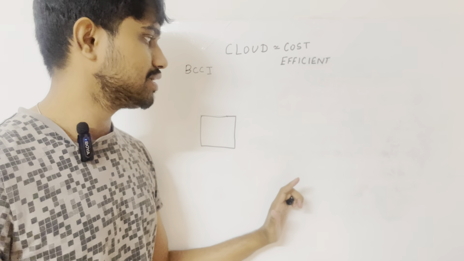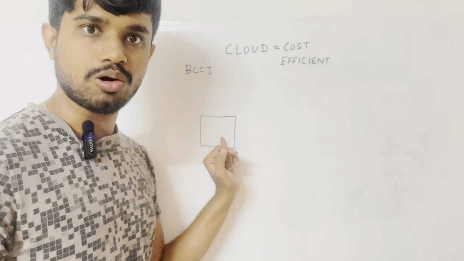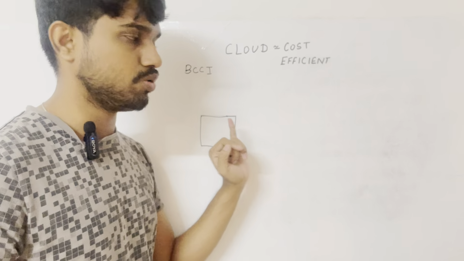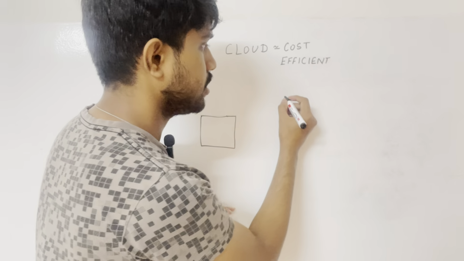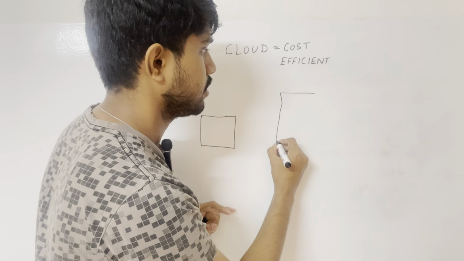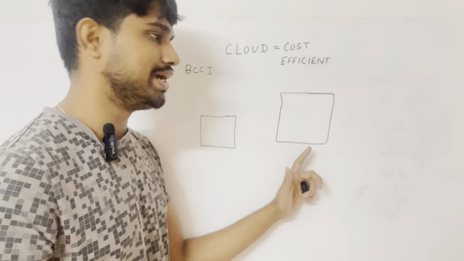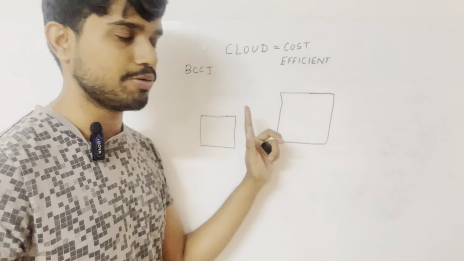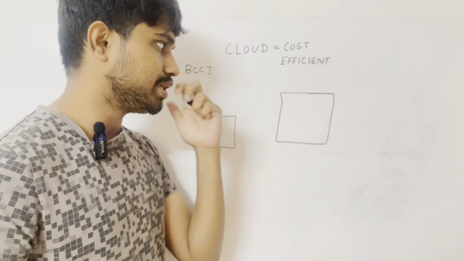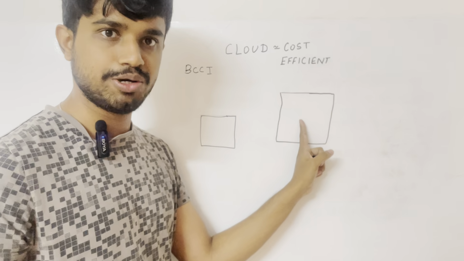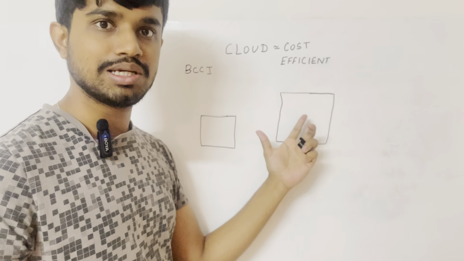Now what you need is a big computer. Why do you need a big computer? Because you are having a lot of videos and you want to stream without buffering to a lot of users. So you go to a computer provider, say Lenovo or HP probably, or Dell, and you ask for, okay, hey, I want a big computer so that I can stream it to a lot of users. So they will probably say that if you want to stream videos to a lot of users, you need a lot of processing power and memory.